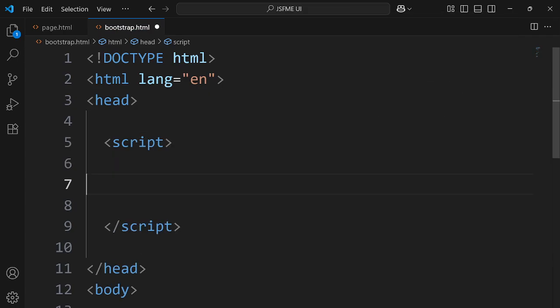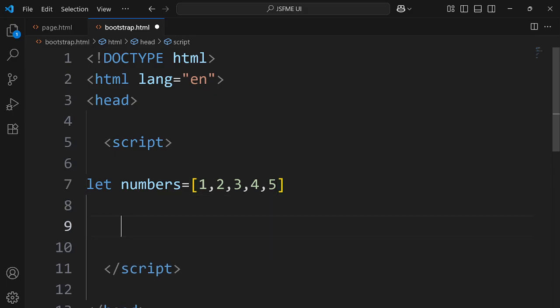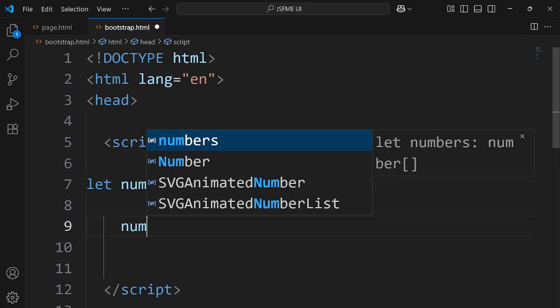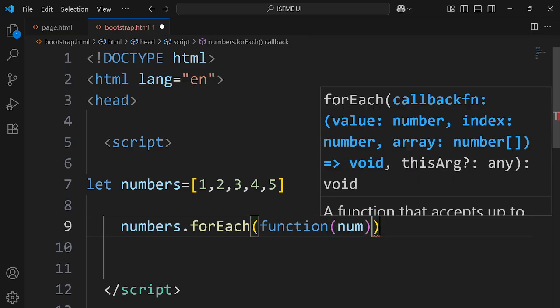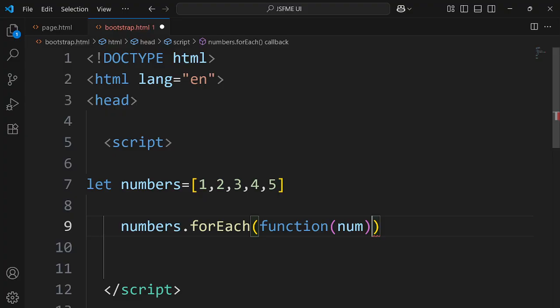Okay. So now let's create an array. Let's call it numbers or something, and let's give some values, maybe 1, 2, 3, 4, 5. Fine. So I create an array, and then I want to make use of a forEach, and we know that forEach takes what? A callback, right? So let's go for numbers.forEach, and then let's create a callback function here. So let's say function and the number, and I want to just console log the same